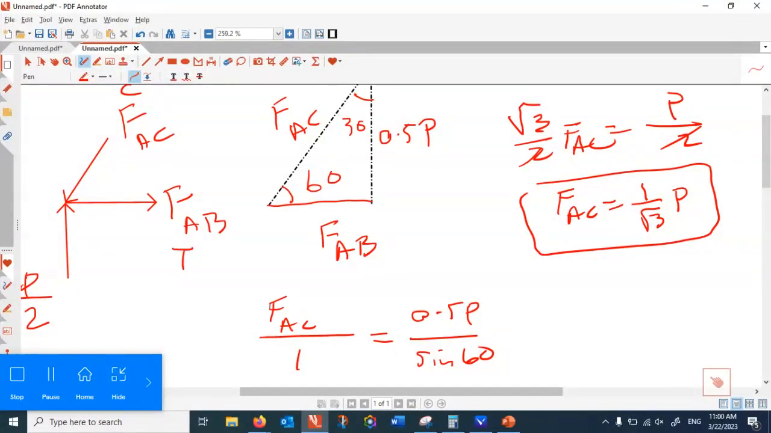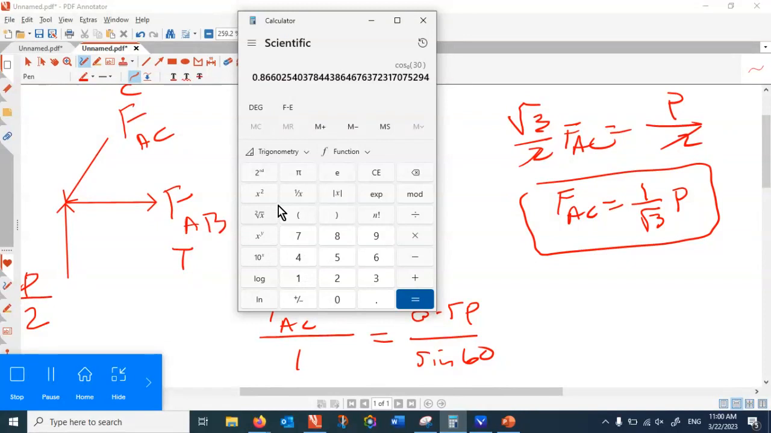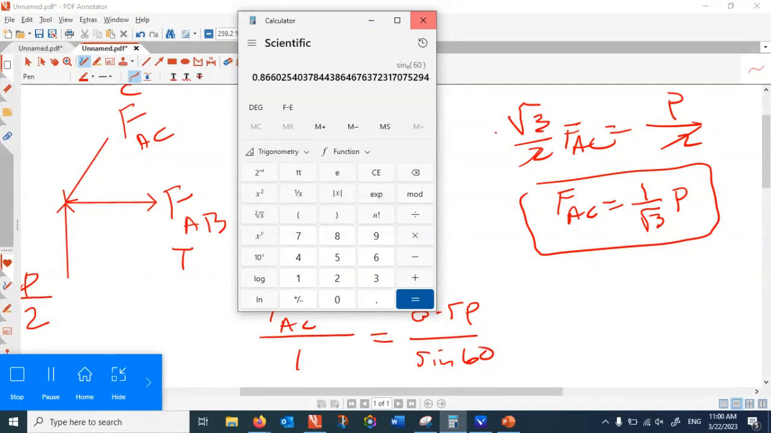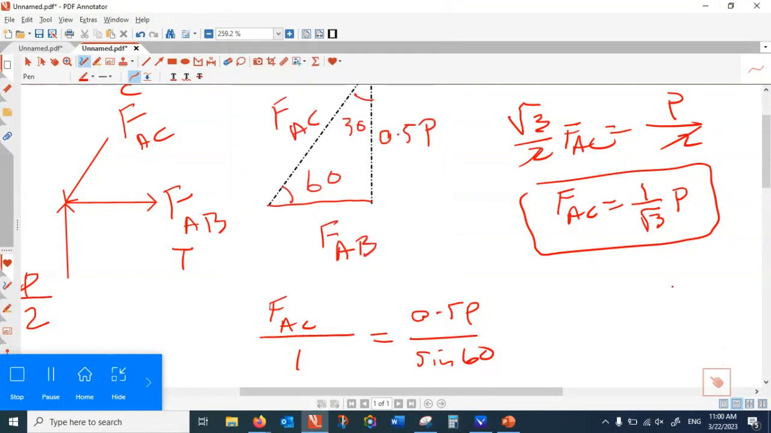So sine 60 is half, right? Sine 60 is, yeah, root 3 over 2. You're right. So that is root 3 over 2. So therefore, you get FAC equal to 1 over root 3 P. That's correct. And then also this is equal to